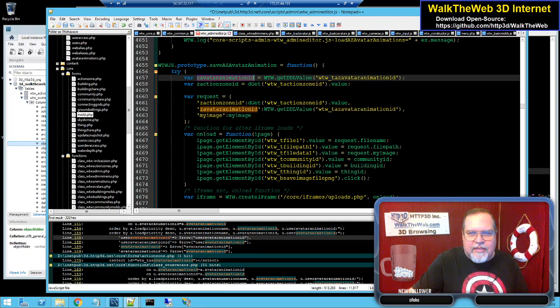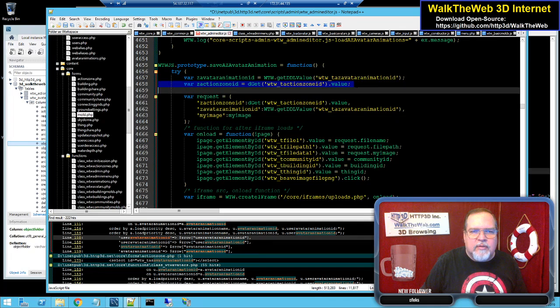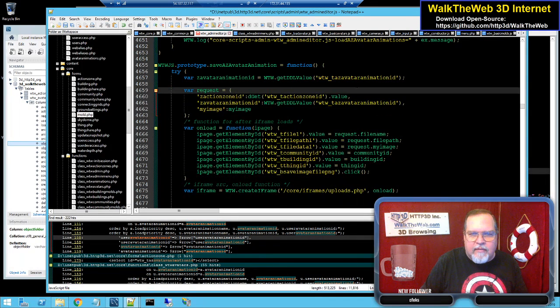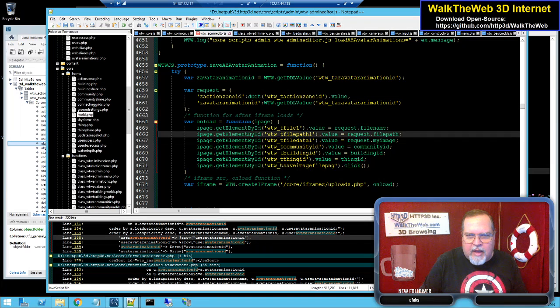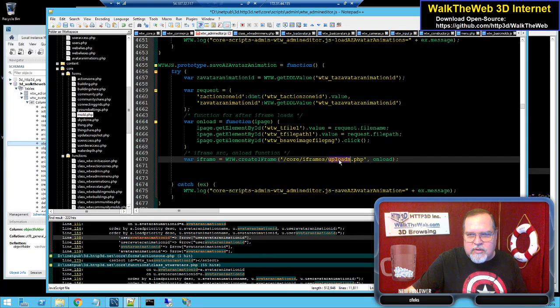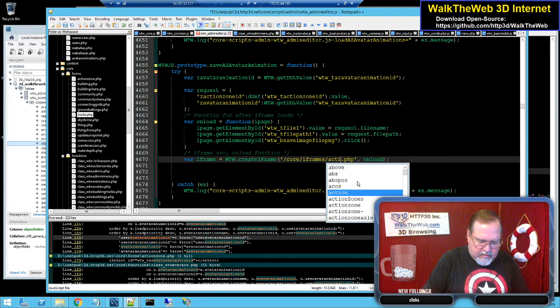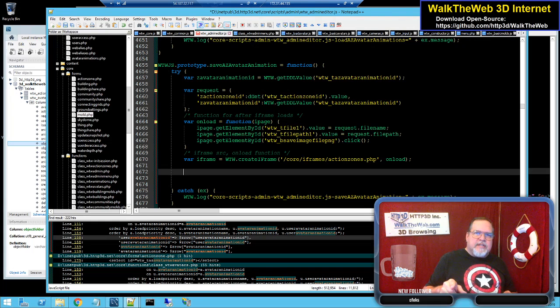I'm not going to get rid of that per se, but I don't think I need the action zone anymore because we already have that. And I also don't need that. I'm only going to need a couple values here, and it's also going to go to action zones. We'll decide to run the other piece afterwards, which is going to refresh the list of which ones we're using. But the first thing we have to do is